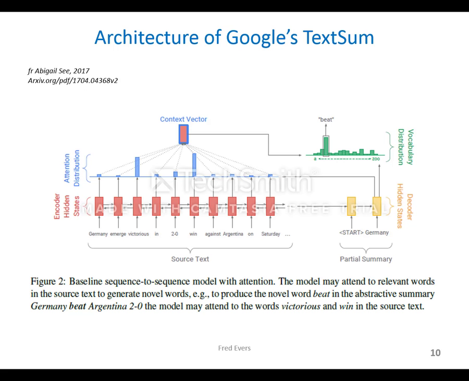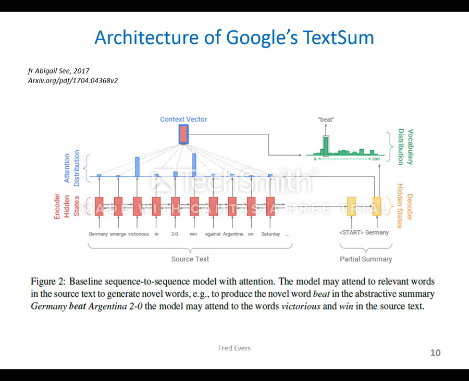This is an example of the architecture that is typical of the Google Text Sum. You see, of course, there's an encoding layer represented on the left, source text. On the right, you have the decoder. And this also shows the time sequence rendered as if showing it unfolding. On the left, we see a string that is entered. And on the right, we see a partially decoded string